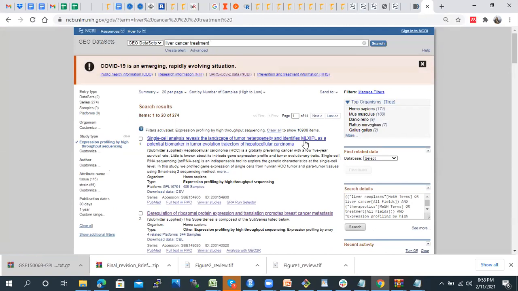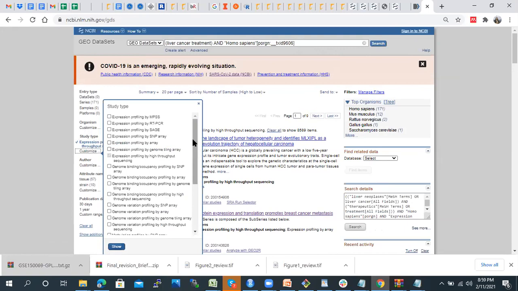So we have already gone through from here. So now you can create different filters. For example, if you're interested in only Homo sapiens, you can select that particular organism. You might get a large number because I have already applied a criteria here. Then you can go through the study type. If you go to the study type, just click on customize.